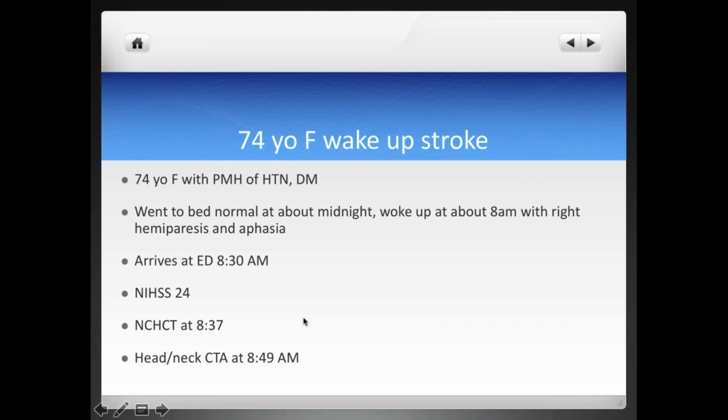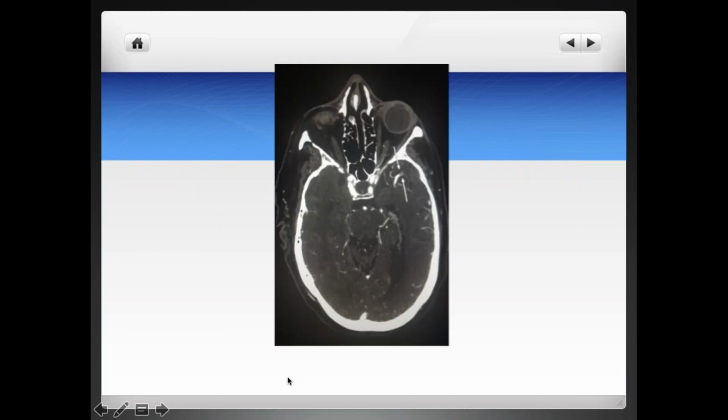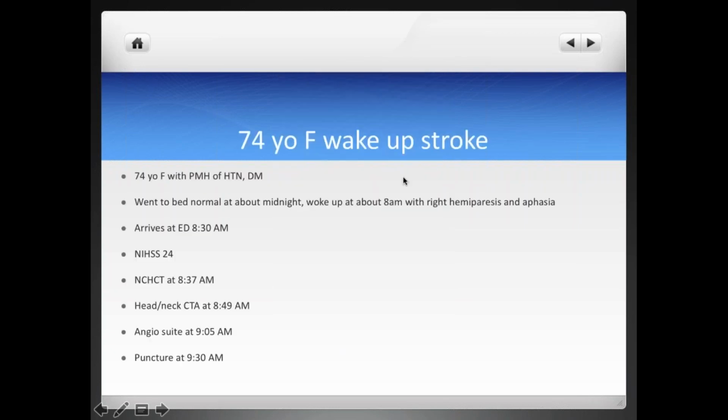Of course, not an IV tPA candidate because the onset of the stroke is unknown. Could be 8 hours, could be 6 hours. We don't know, so no tPA on this patient. This patient went on to get a CTA right away, and as you can see on the CTA, not surprised with such a high stroke scale, these patients tend to have large vessel occlusions, and in this case, you're all seeing here the clot sitting in the M1 segment of the left middle cerebral artery.